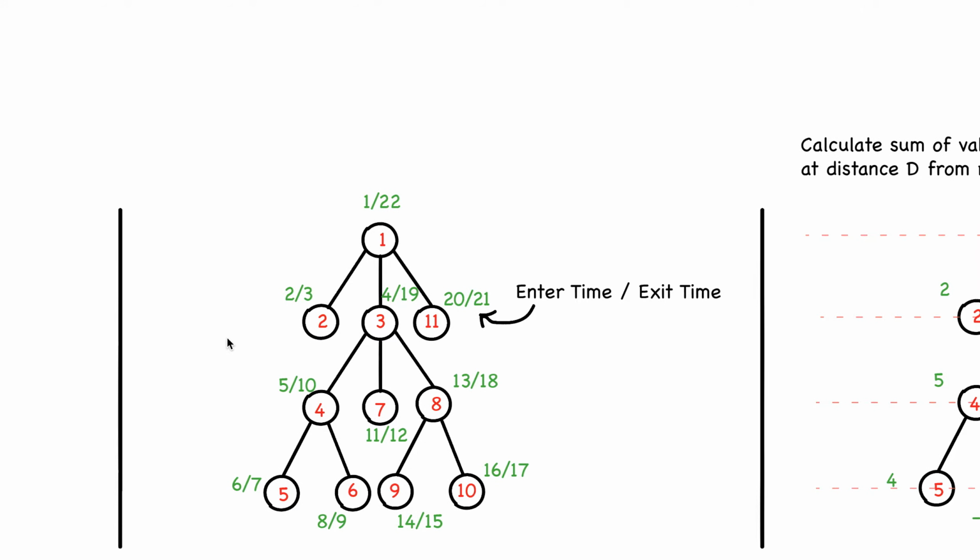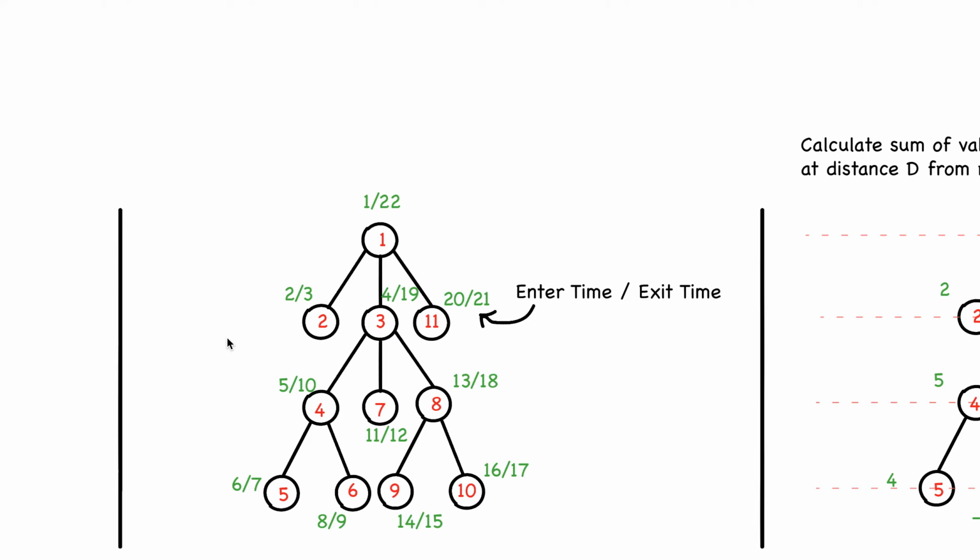So in our example here, the depth first traversal starts at node 1 at time 1, then proceeds to node 2 at time 2, and then exits node 2 right away at time 3, and enters node 3 at time 4, and so on. Fast forward to cover all nodes, and we have the numbers in green, indicating when we entered and exited each node.